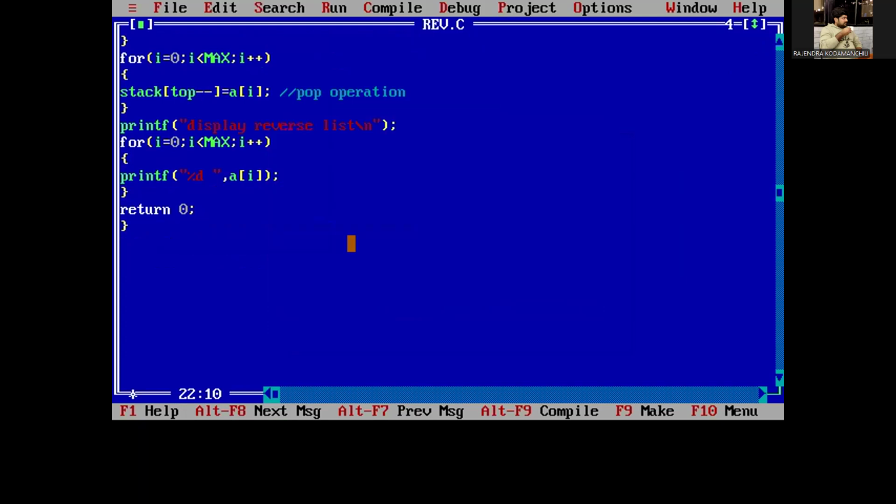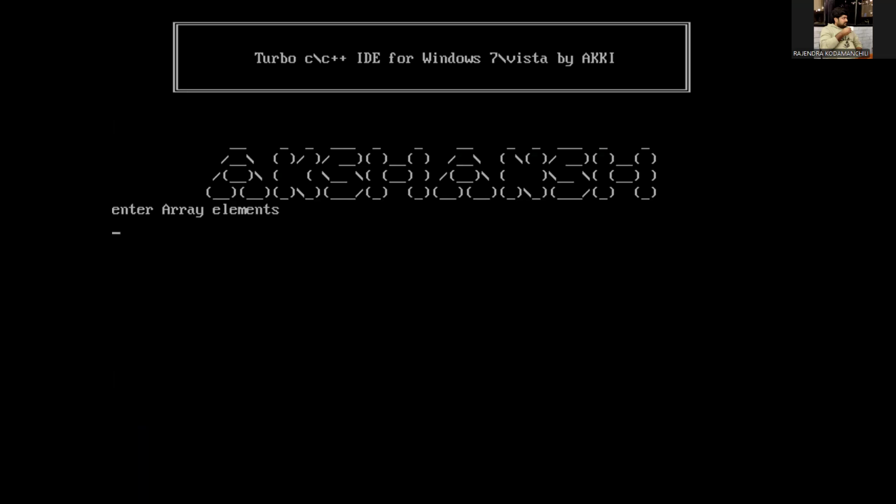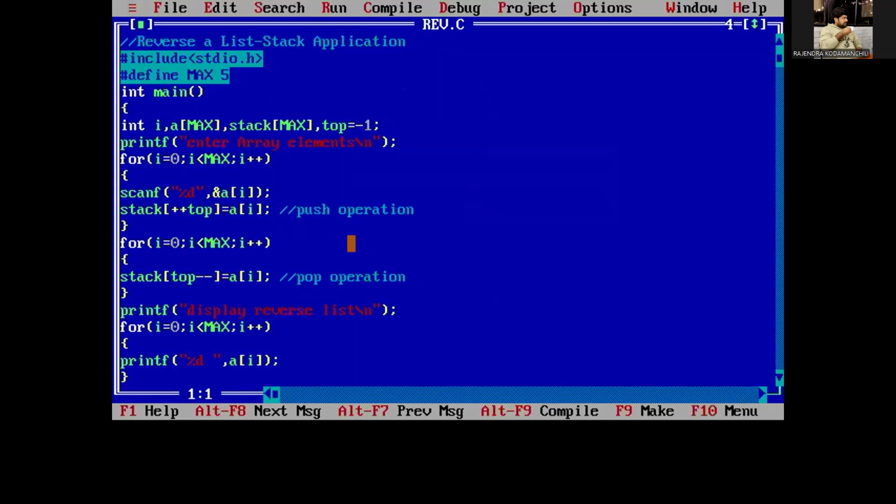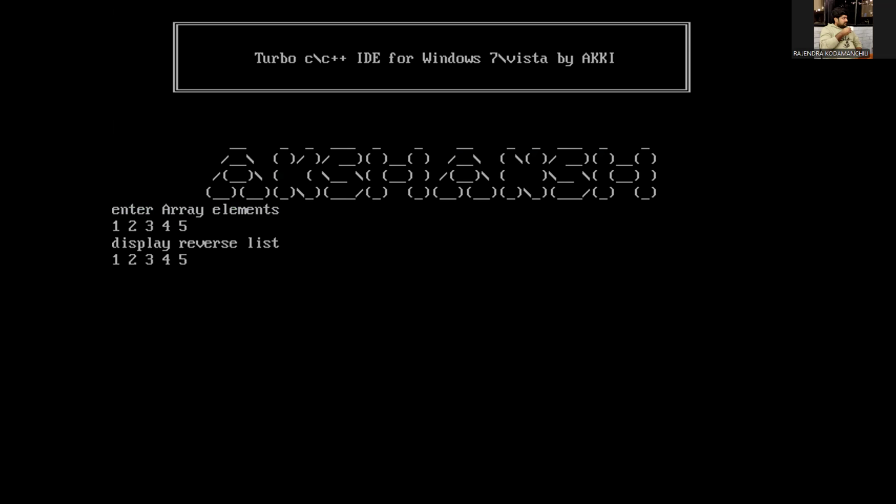Now I would like to run the program by using Control F9. Now we are getting the IDE screen: enter array elements. Now I would like to enter 1, 2, 3, 4, 5. All the elements are entered with the help of the keyboard console. At the same time, these elements are pushed into the stack. Then the elements are popped from the stack to the array. Then we try to display the values with the help of Alt F5. So finally,